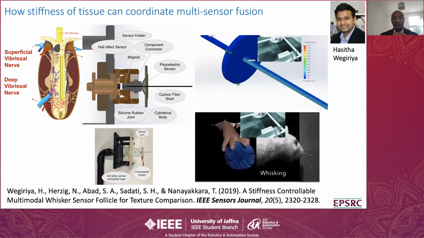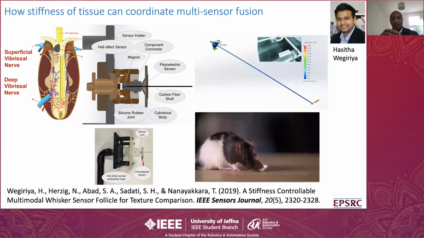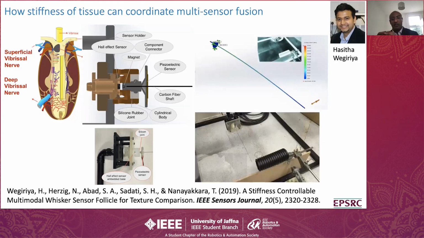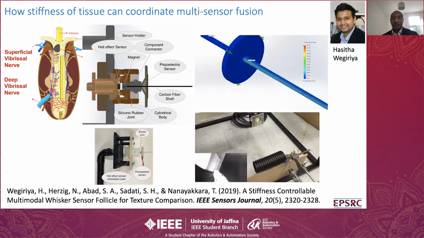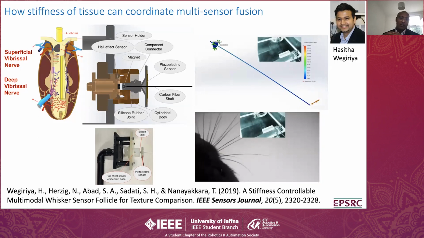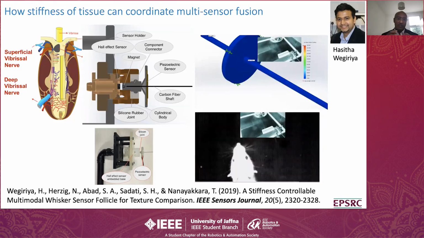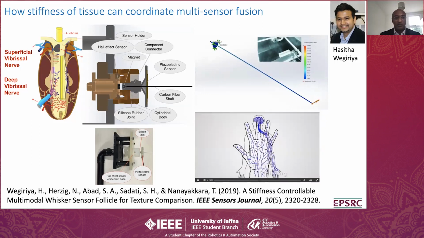For example, if the rat wants to feel the texture of an object, it can contract the muscle and feel only the texture and not worry too much about the geometry of the object. But if it wants to ignore the texture but know what shape the object is, then it can relax this muscle and allow the deep vibrissal nerve to